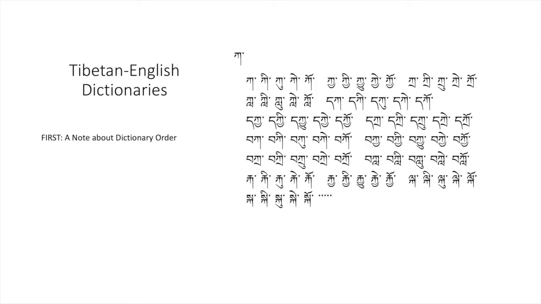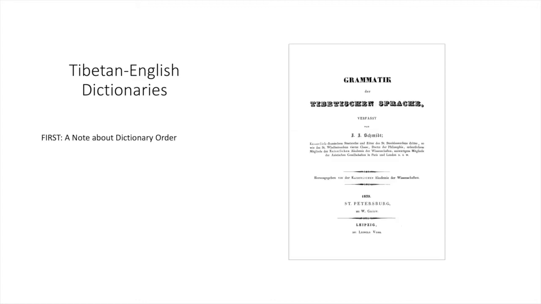If you have worked with Tibetan dictionaries, you are aware of the sort order commonly used for Tibetan, consisting of the root letter, followed by vowels and suffixes, then root letters with subscripts, followed by vowels and suffixes, then root letters with prefixes, and so on. It is important to be aware, however, that this system for sorting Tibetan words did not come into existence until the 19th century. It was invented by Isaac Schmidt and presented in his Grammar and Dictionary in the 1830s,